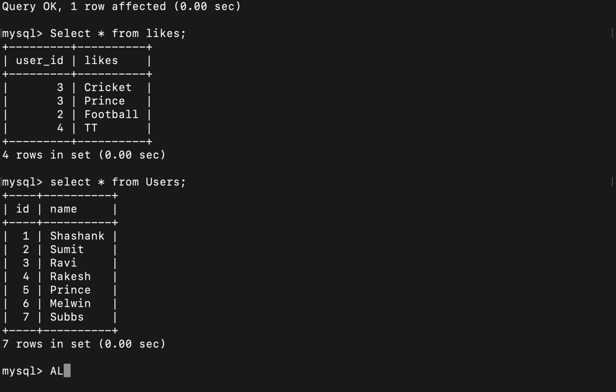So for that, if I need to make some changes in a table, I need to use the alter command, right? Alter table, and then likes. So this is the likes table, right? So I'm altering the table, sorry.